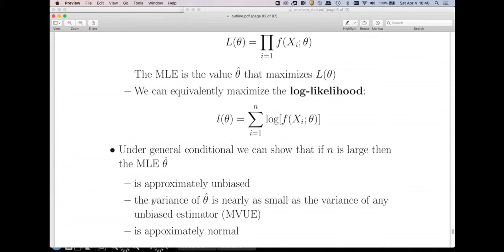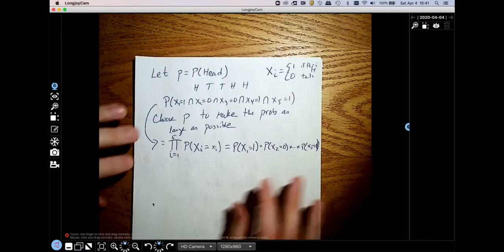Turns out they're also approximately normal, which means that we're going to be able to use the normal distribution for finding confidence intervals and doing hypothesis tests on these MLEs in the chapters that we'll study next. And so these MLEs have many very desirable properties, and that's why this is one of the preferred methods of estimation. So at this point, let's go back to my example over here,